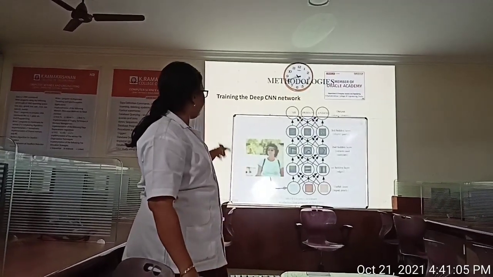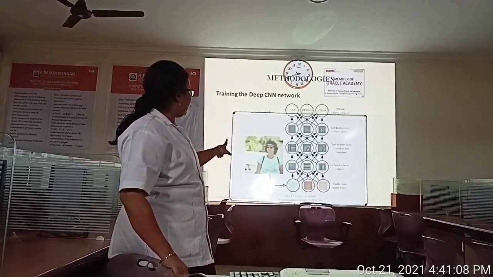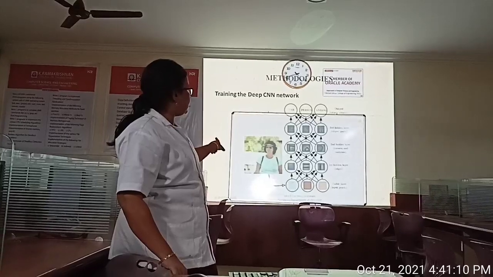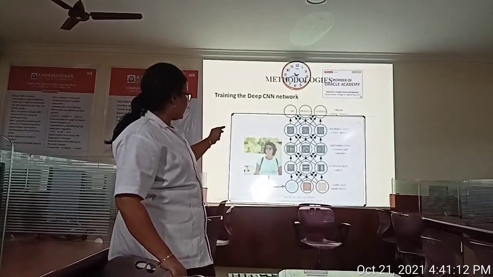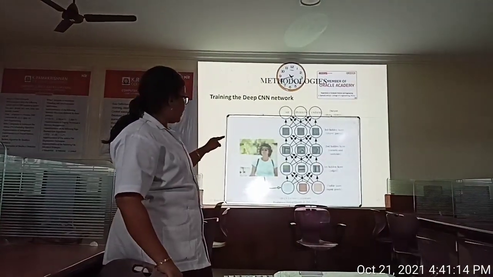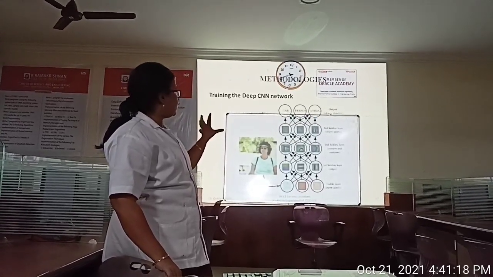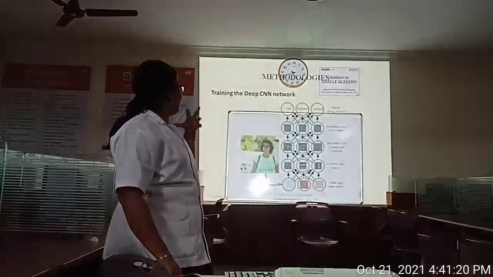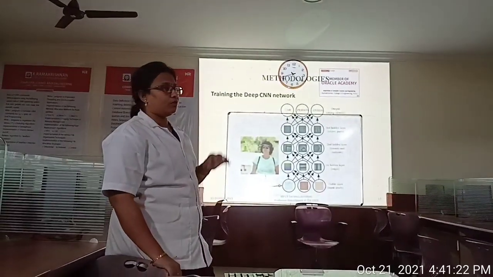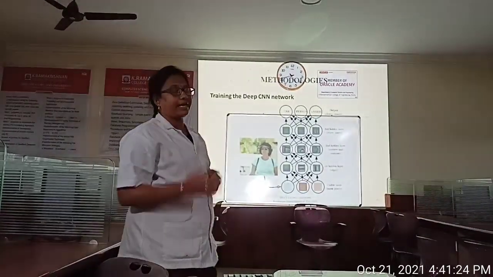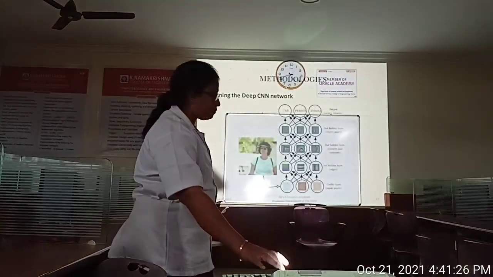See, this is the image. In the first layer, the given image is converted into pixels, and it only detects the edges. The second layer detects the corners, and the third layer detects the object. In a similar way, it will detect the exact object. For that reason I am using 9 layers in my project.